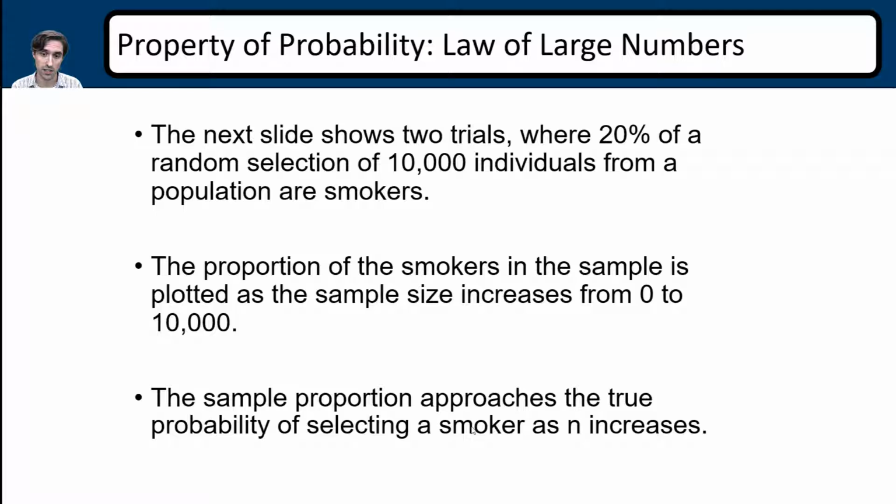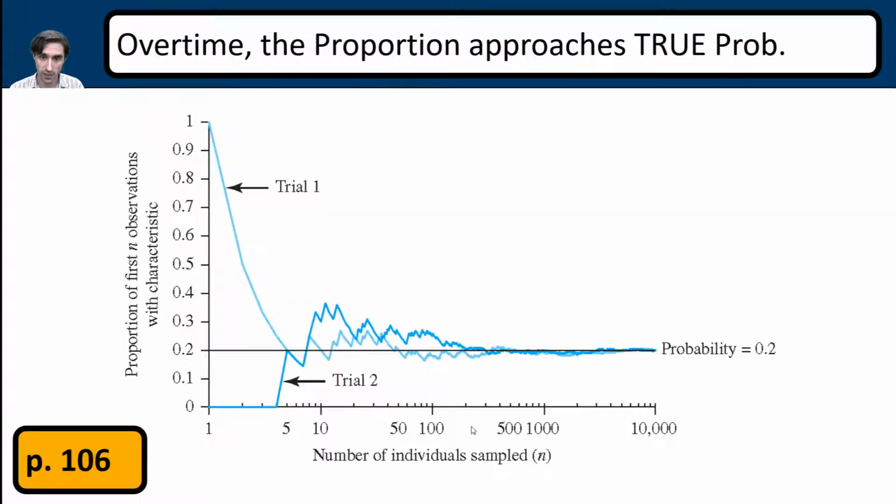after 10,000 samples. So when we look at this, it's showing 2 different trials of something. Let's just say one researcher wanted to find out how many individuals were smokers, and another researcher also wanted to find out how many smokers. So they both go out there, and if you see trial 1, let's call them researcher 1, the first person they asked, are you a smoker? They say yes. Okay, awesome. Well, then so far 100% of the individuals they have asked are smokers.